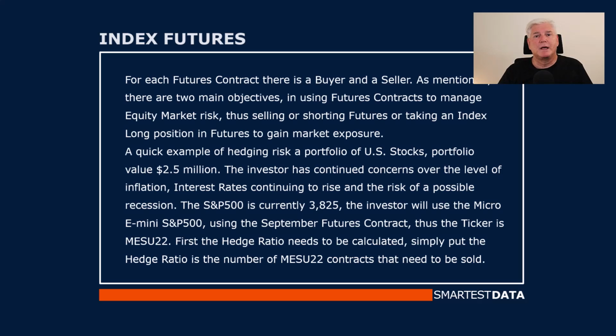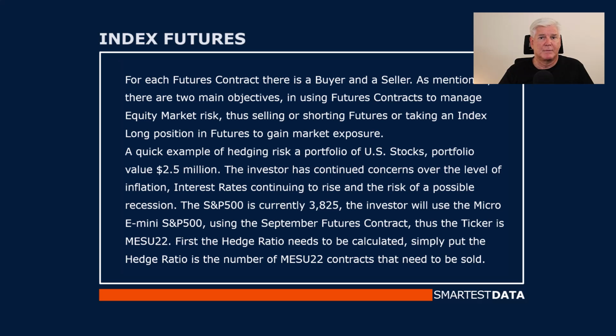As mentioned, there are two main objectives in using futures contracts: to manage equity market risk, thus selling or shorting futures, or taking an index long position in futures to gain market exposure. A quick example of hedging risk, a portfolio of US stocks, portfolio value $2.5 million. So the investor has continued concerns over the level of inflation, interest rates continuing to rise, and the risk of a possible recession. The S&P 500 is currently trading at